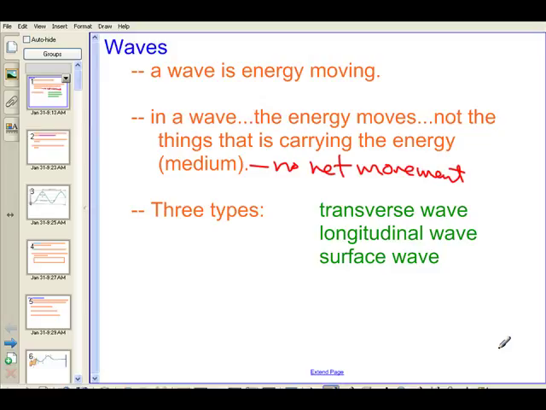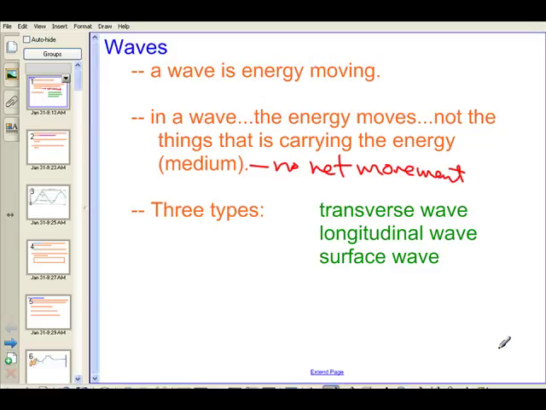Now, we're actually going to talk about what happens when these waves get close to shore, because there's something else. As we know, when we talk about this, we kind of take the broad view. Well, when it gets toward the shore, that gets a little more complicated. But we'll talk about why the water near the shore moves, because there are some other things coming into effect. But for the most part, what we're talking about is the energy. The energy is what's moving, not the medium.